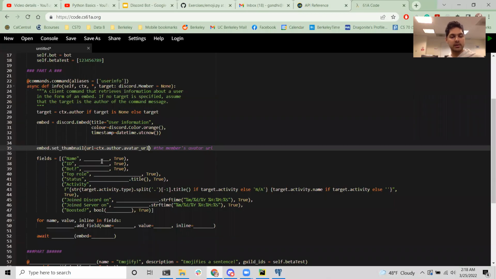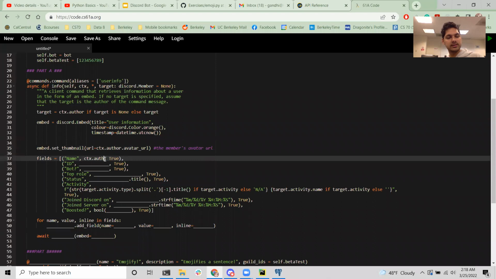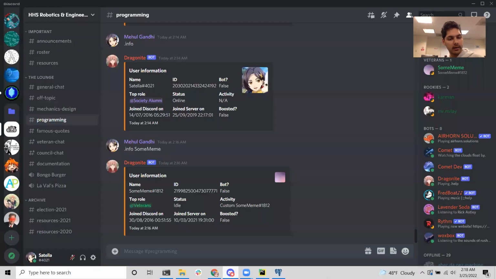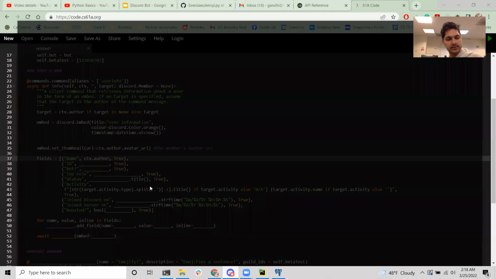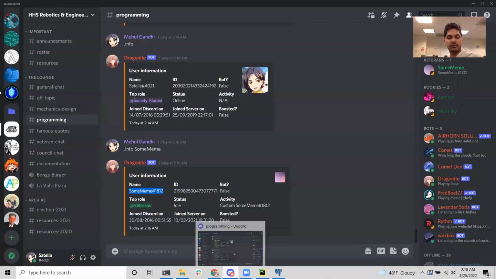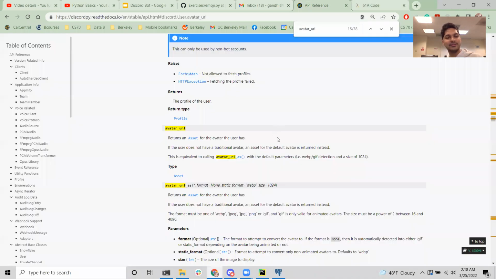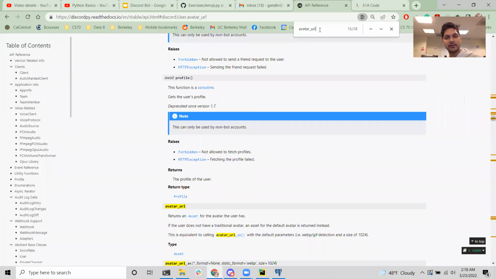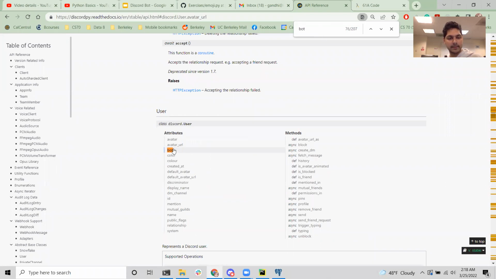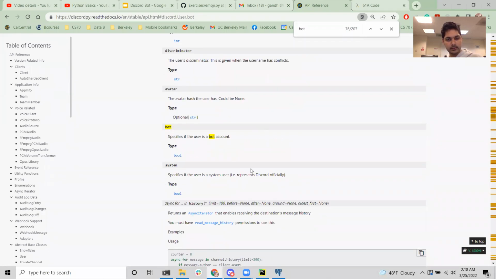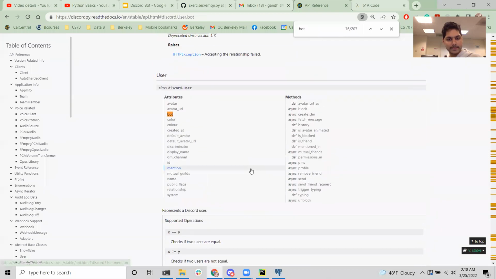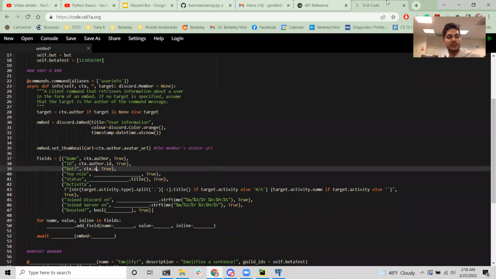And the fields, so we're gonna find the name. We could just say ctx.author. Yeah. That will return us something like this with the discriminator and the name or whatever. The ID, we're just gonna say ctx.author.id. Is this user a bot? Honestly, that isn't really that helpful, but okay, I guess ctx.author.bot is what we're trying to look for. It's gonna return a boolean, true or false.